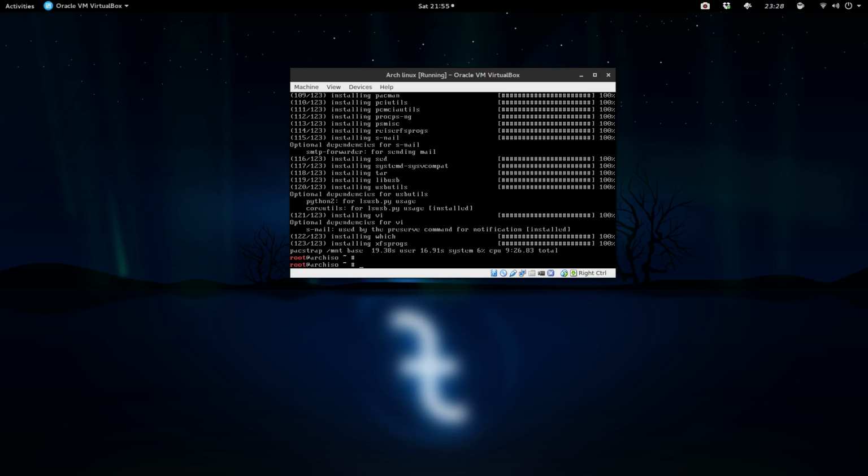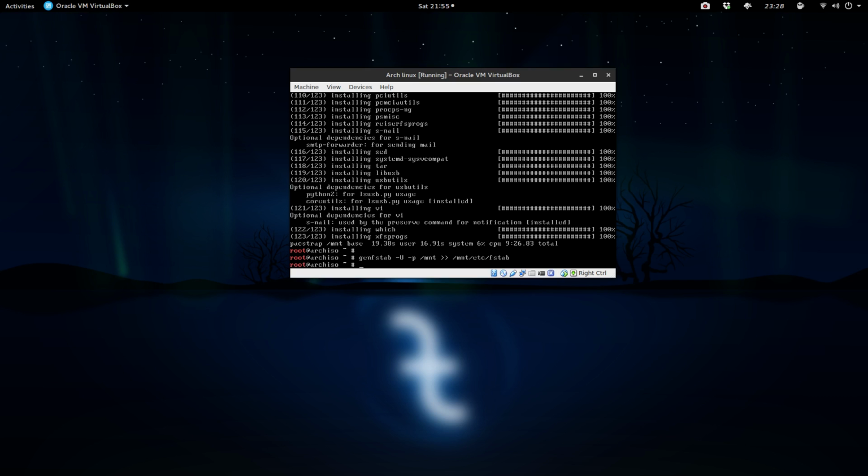What you need to type in here is genfstab -U -p /mnt, and then you want to pipe that with 2 greater-than signs to /mnt/etc/fstab.